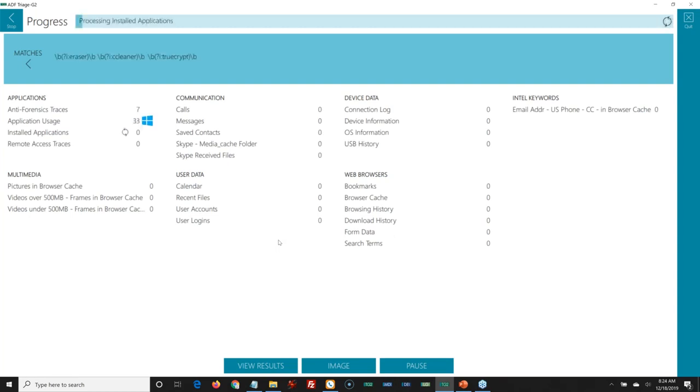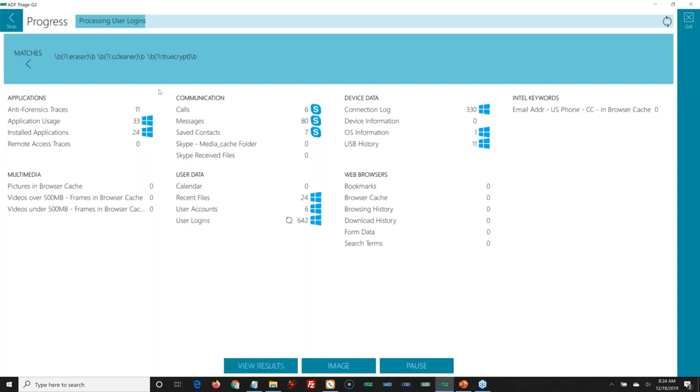The first thing our tool does is it goes through and makes a listing of every file and folder that's on that partition, regardless of whether we're going to collect it or not. The second thing our tool does is goes through and parses out the artifacts, which you can see it's already doing now. Application usage, installed applications, user logins, USB history. So I already have this information and I can go into view results and view this.